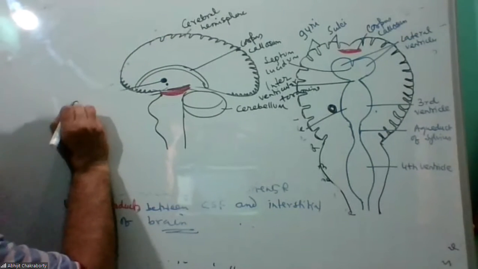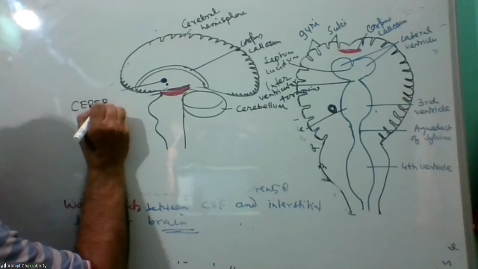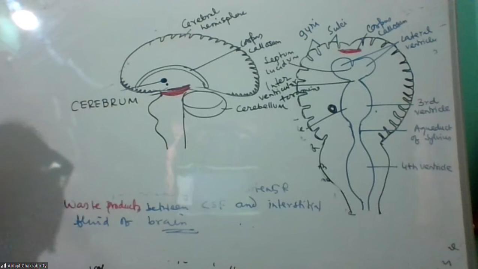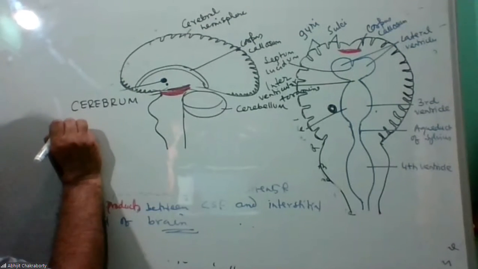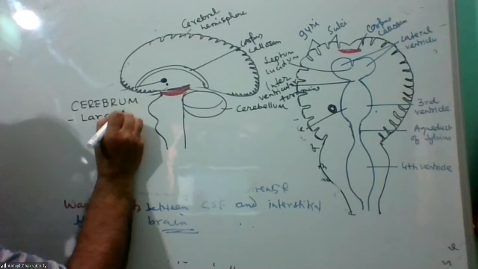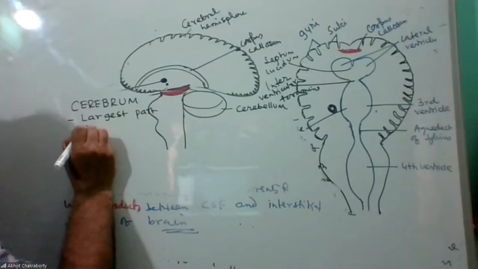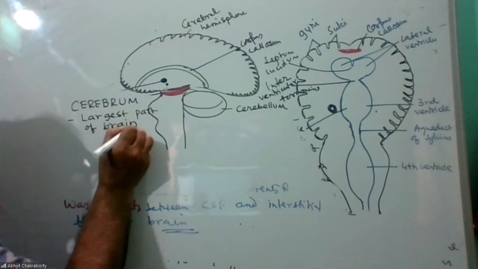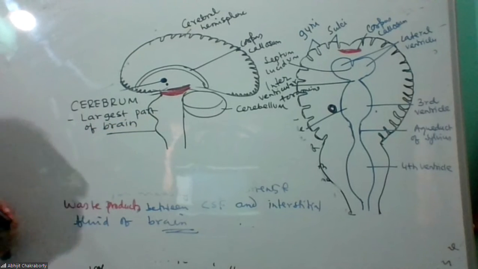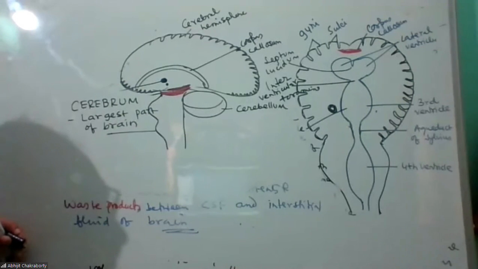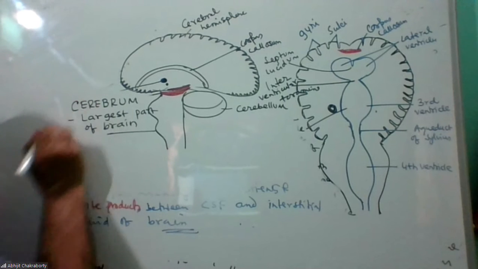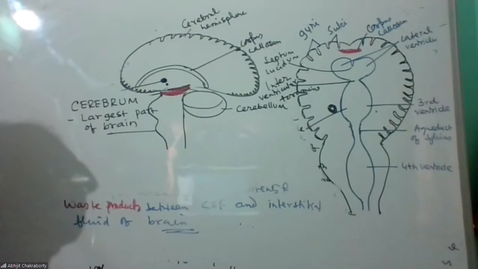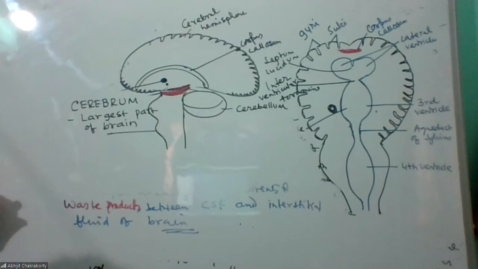The cerebrum is the largest part of the brain. And you see here what is found. There are two hemispheres, separated by